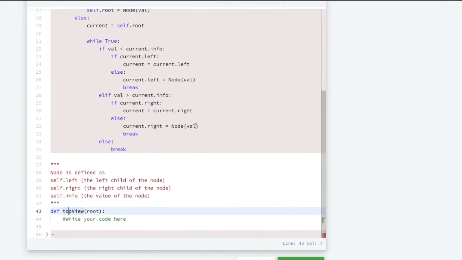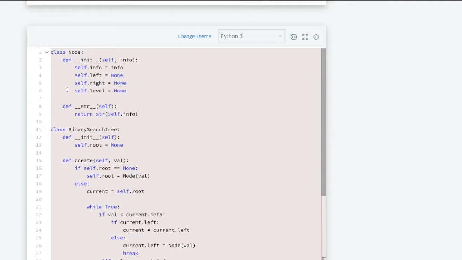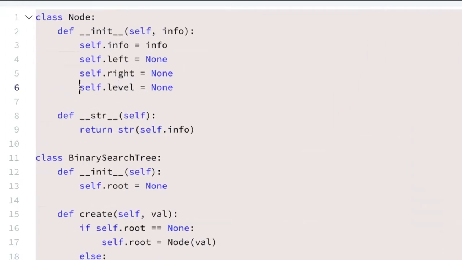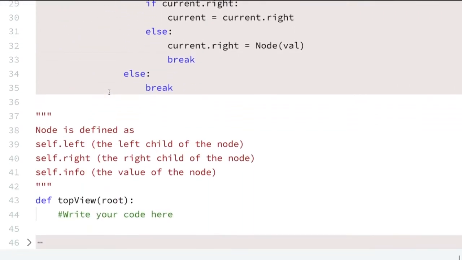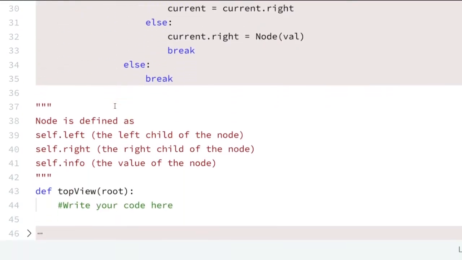So let us write our code here. So you can see here we have one, let me zoom this one. So if you see here, we have one variable level in our node. So we will treat this variable for our assignment of +1 and -1. So let us write our logic, and the data part is in info. So let us write our logic here.